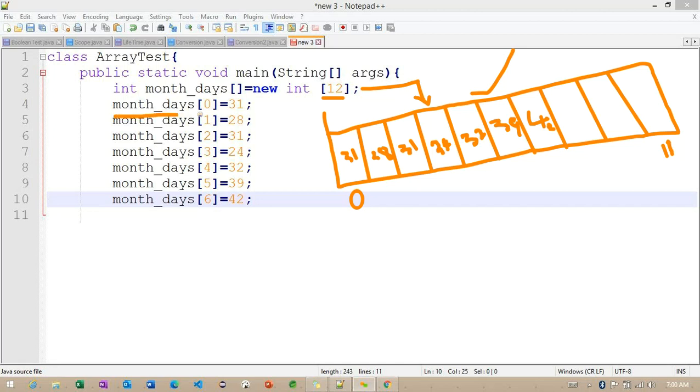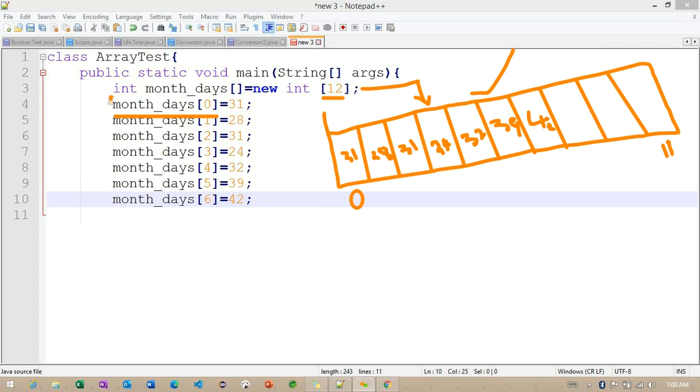Like how we identified the variable by name, the name is the same, but the only difference is that the index number is changing. If I use the same index one more time, what happens internally? The previous value is going to be overridden with the current value. Getting the point? This is important, how exactly the values are stored.